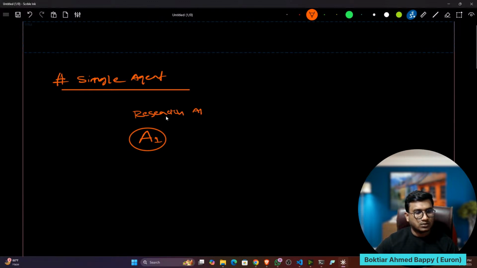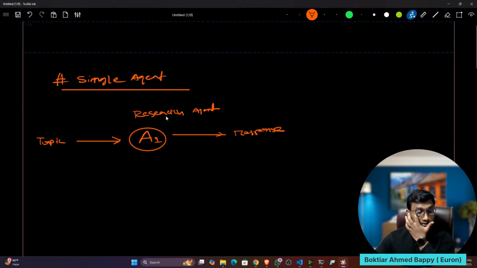Here what will happen is the user will give one topic. On top of the topic, it will do research over the internet and give the response. So this is actually called a single agent. Real-time information it will fetch from the internet and give you the response. Then later on, I will also show you how to create multi-agents.